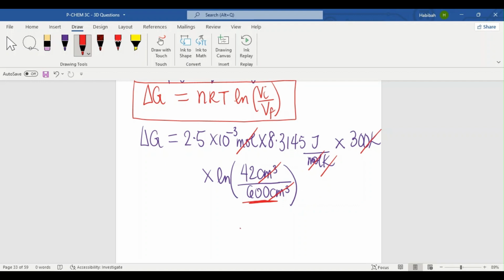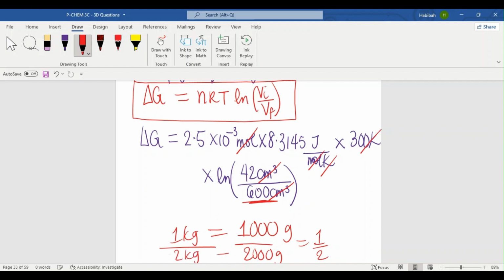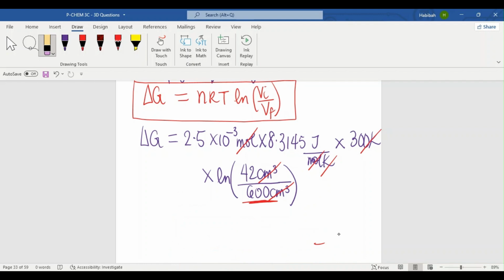It's just like saying, why don't I divide 1000 grams by 2000 grams? Well, 1000 grams divided by 2000 grams is 1 over 2, but guess what, 1 kilogram, which is equivalent to 1000 grams, divided by 2 kilograms, which is equivalent to 2000 grams, would also give me 1 over 2, because we're just dividing within the same exact information parameter, which is the volume. So this is not an issue, because I know sometimes it confuses chemistry students and they ask me that question whenever I'm tutoring. So changing G is just 2.5 times 10 to the power negative 3 times